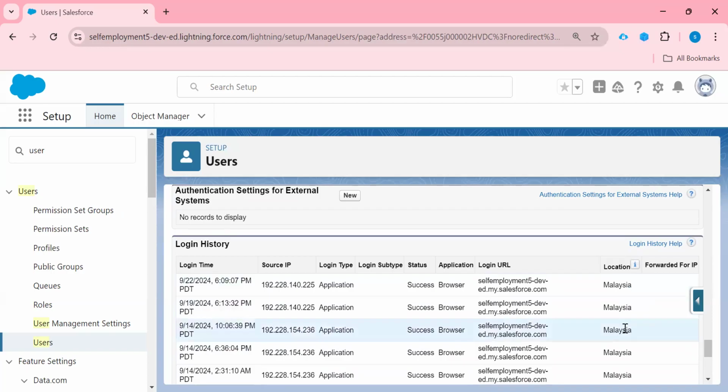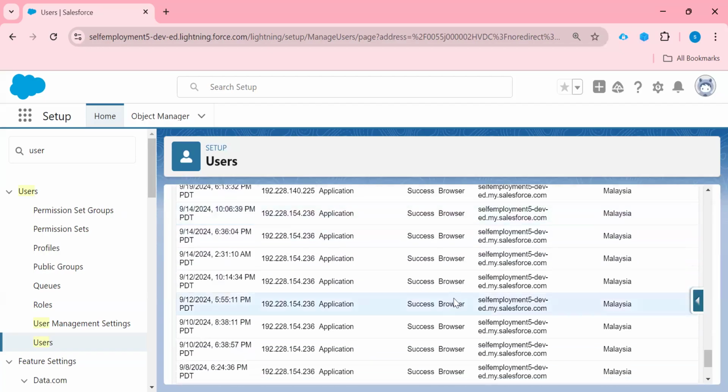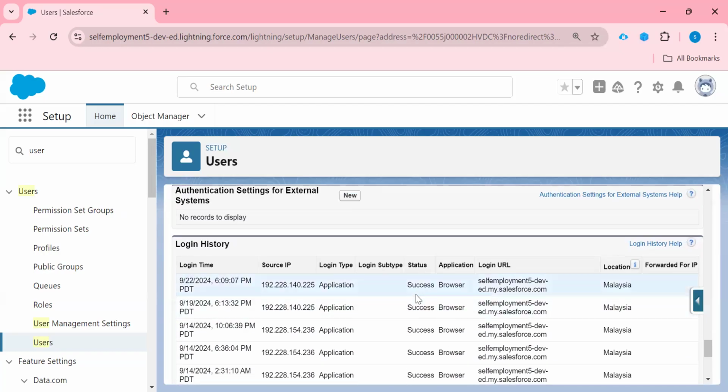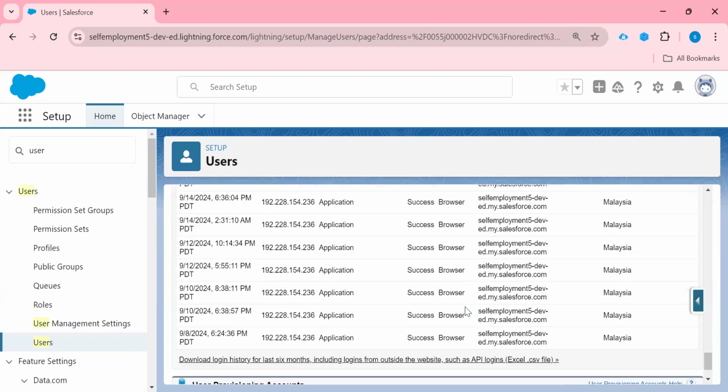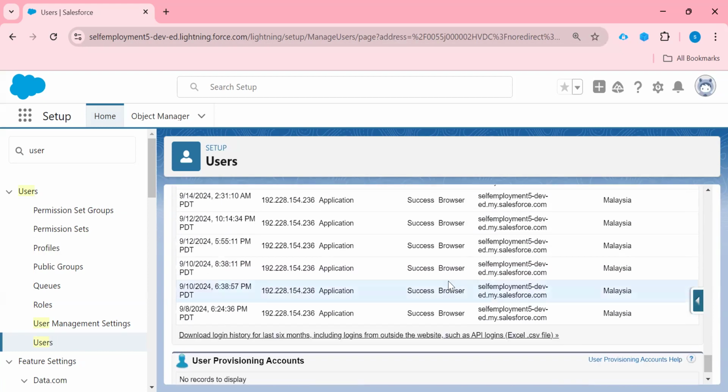It is showing the location and the timing. It is also showing the status, whether it is a successful login, an invalid password or a failed login. So all the history related to login you can see from here at the user level. About the user you can get the information from here.